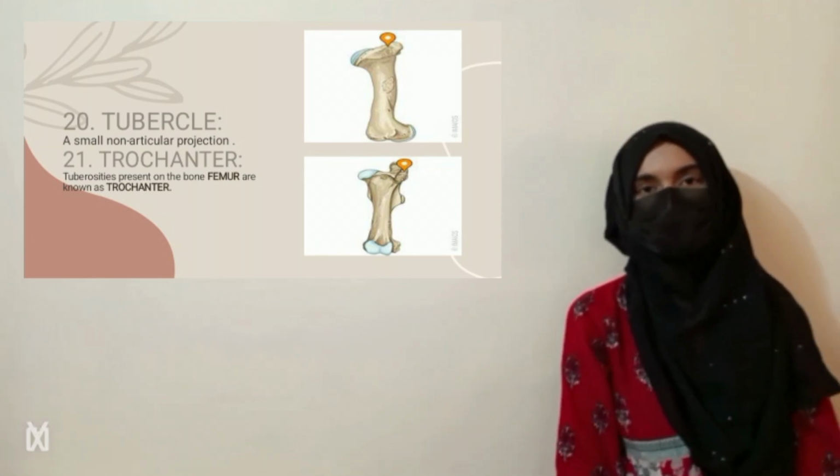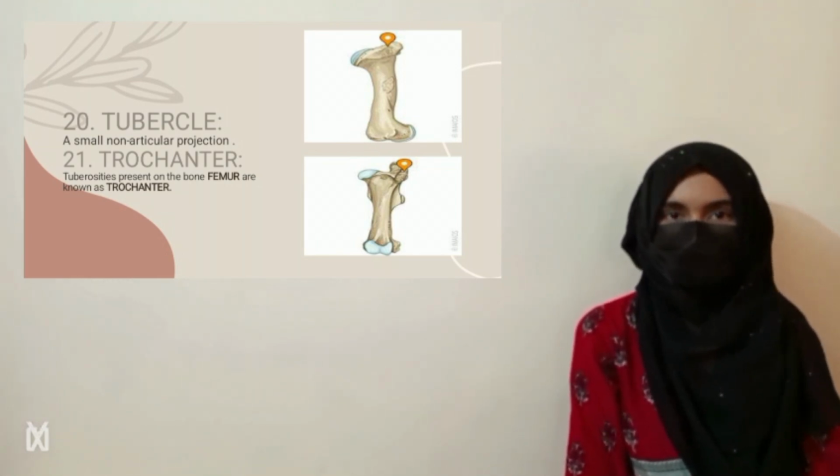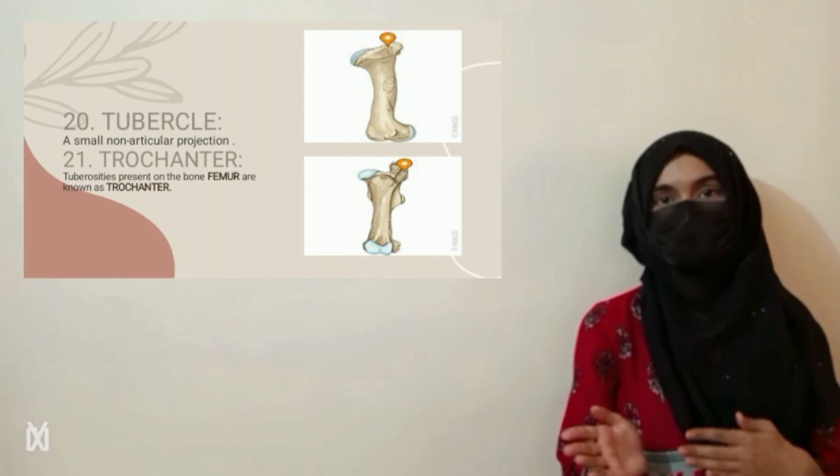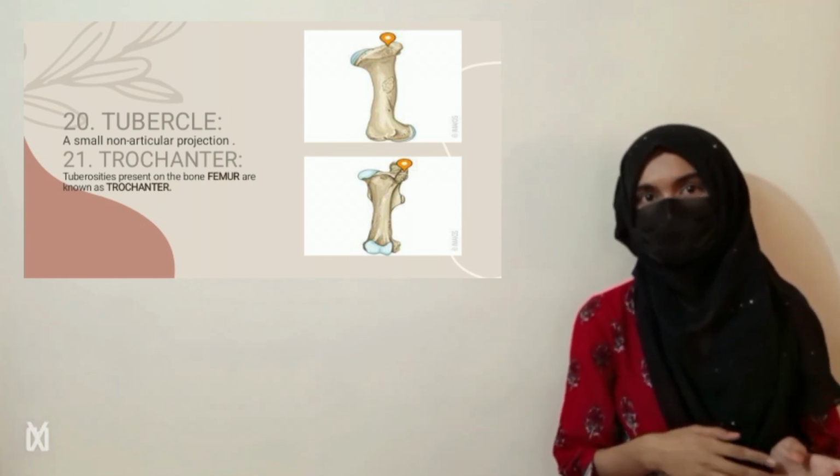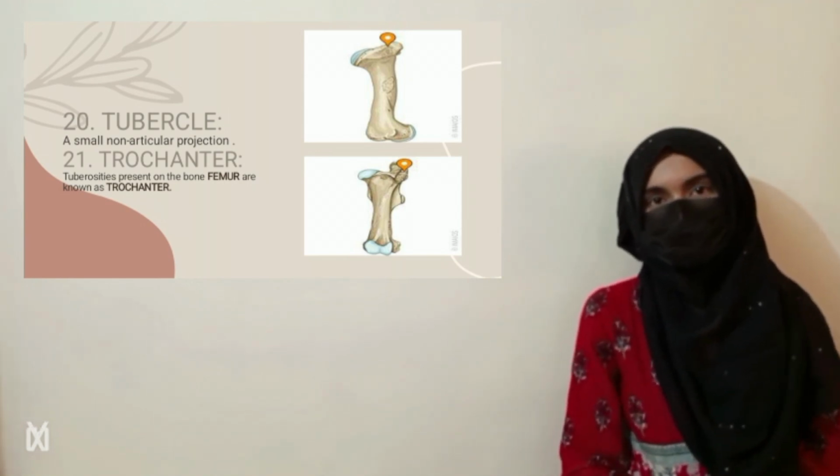The next example is trochanter. The tuberosities present on the femur bone are known as trochanters. The second image in the PPT shows the